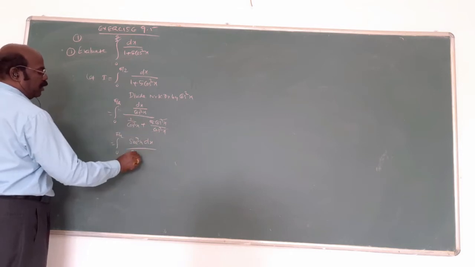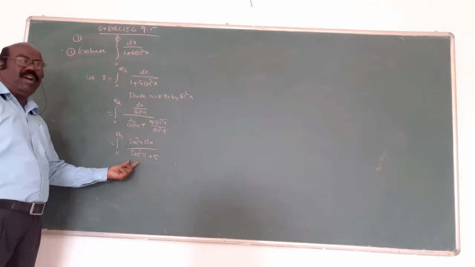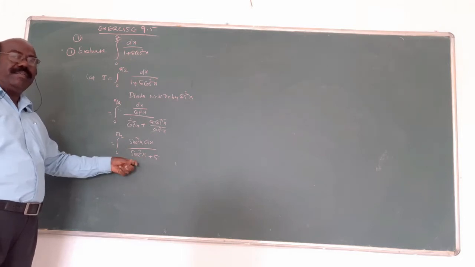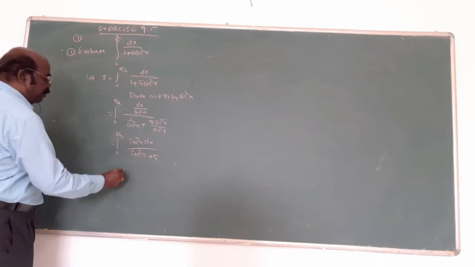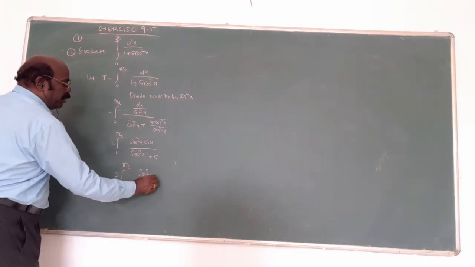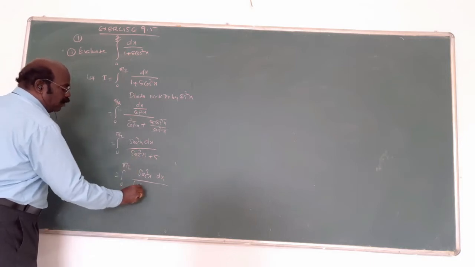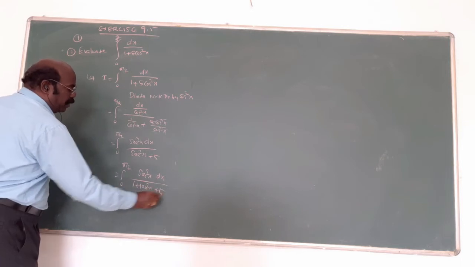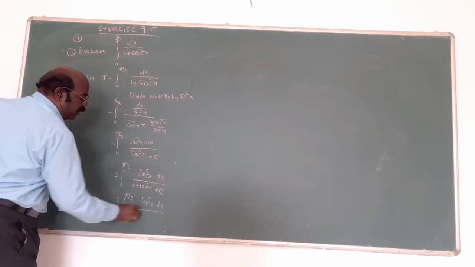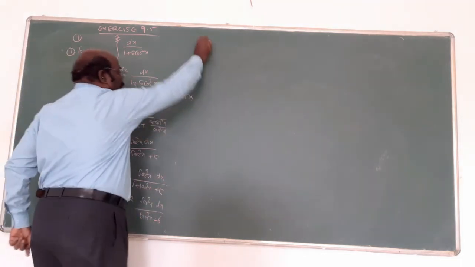Here also 1 by cos square x is what? Secant square x plus pi. But we need the denominator only in tan. Put tan x equal to t. After differentiation the numerator will come. That's why this can be written as 0 to pi by 2, secant square x. The denominator you want to convert to involve tan. That's very important. Secant square x is 1 plus tan square x. Now adding both, secant square x dx by tan square x plus 6. Am I right?